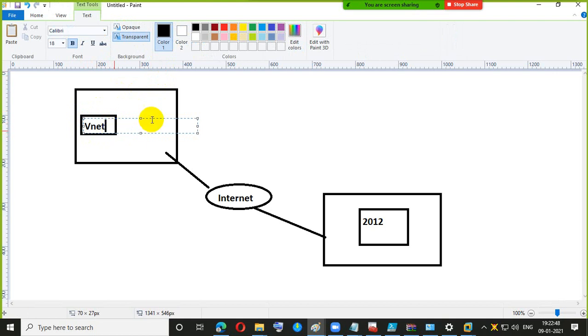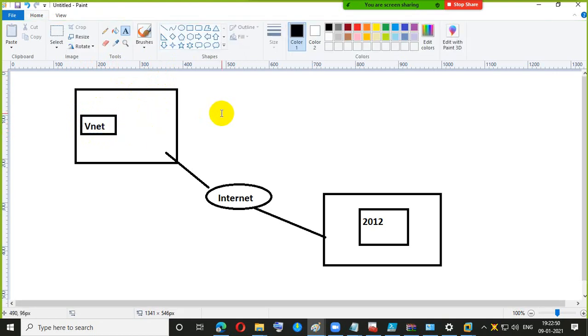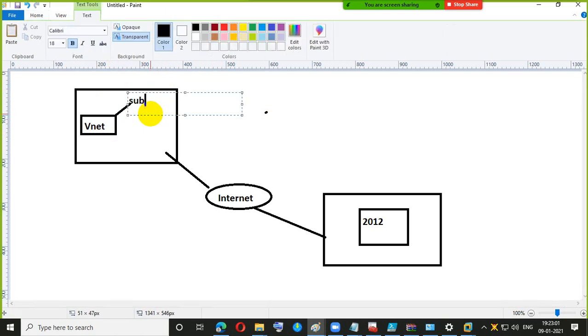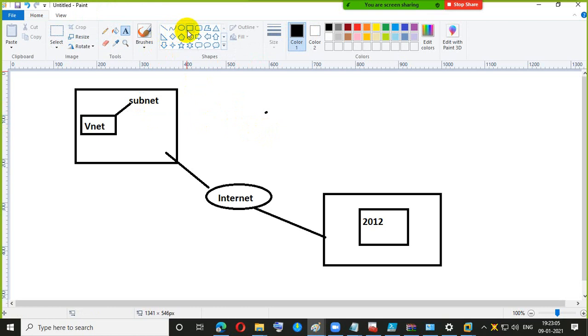This VNet has two purposes. The first purpose is it will have one subnet, and this subnet is to connect this particular machine, that means the VM we have created on the Azure portal.